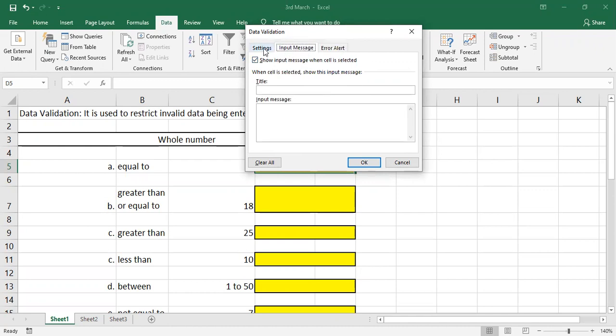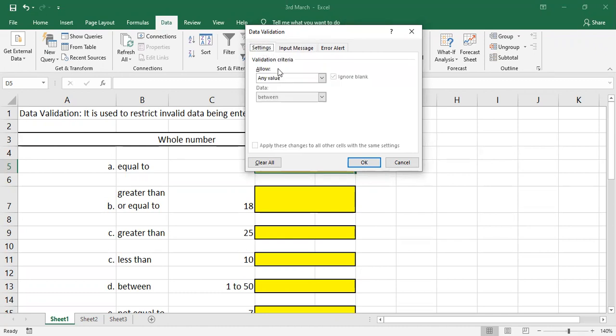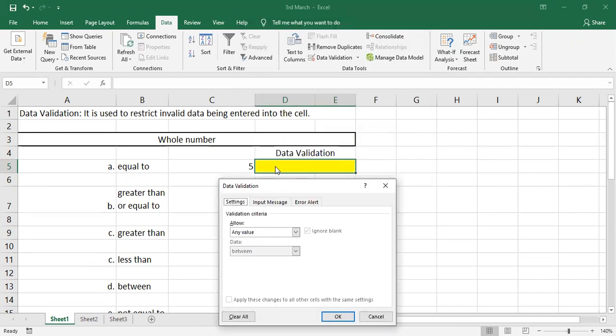I'll show you one by one. Now I'll select the Settings. It is displaying Allow: Any Value. Any value means whatever type of data you want. If you want to enter text, you can; if you want to insert a number, you can; if you want to enter a date, you can. But now I want to validate this cell to accept only the number 5.